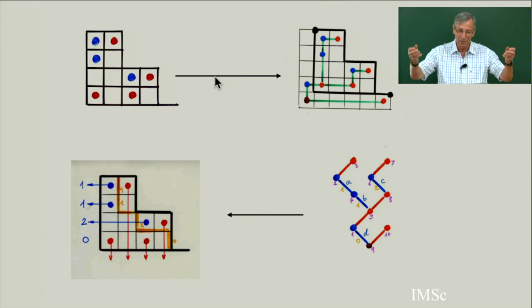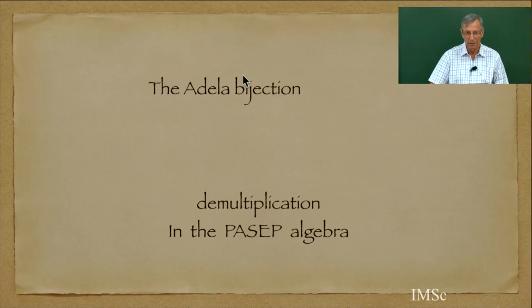So RSK is a typical example of this canonical bijection. Anything you do, you will find this bijection is really kind of canonical. So in this PASEP, this bijection also becomes a kind of canonical because it can be defined in very different ways, and it is related to the quadratic algebra. There are some general techniques analogous to RSK which relate in the same way. So this is more or less the philosophy of canonical bijection.